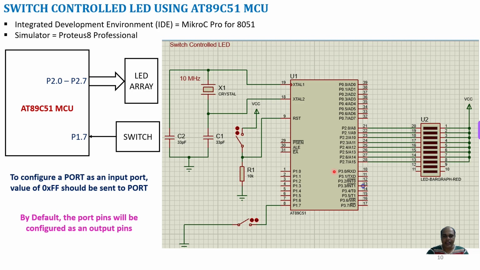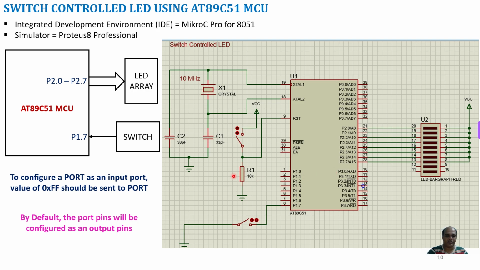An LED is a simple two-terminal device which has an anode and a cathode. We can connect the anode to a supply and the cathode to a ground. It's an optical source which can emit at different wavelengths in red, green, yellow, blue, etc. Here we will see how to control this LED, switching it on or off depending upon the status